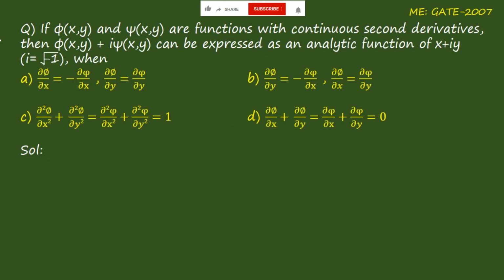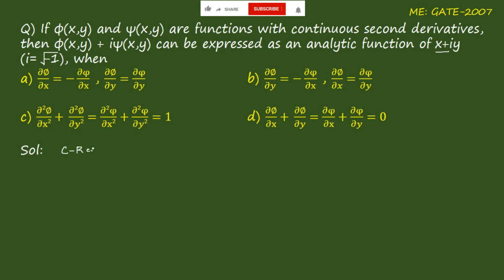The question is, if phi of x comma y and psi of x comma y are functions with continuous second derivatives, then phi of x comma y plus i times psi of x comma y can be expressed as an analytic function of x plus iy. As we know, the i is root minus 1, but for this one you have to know the